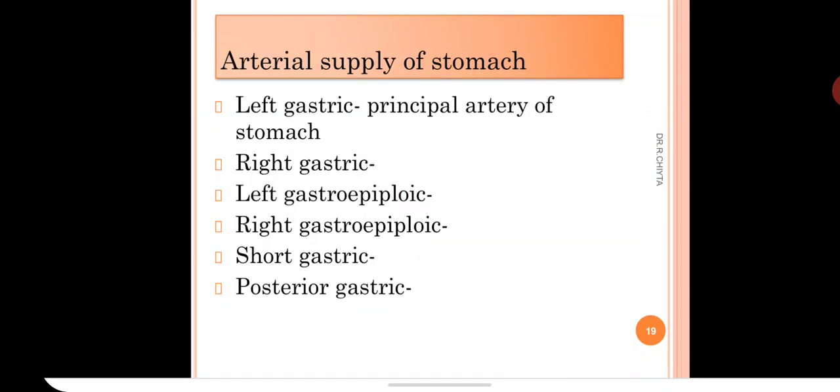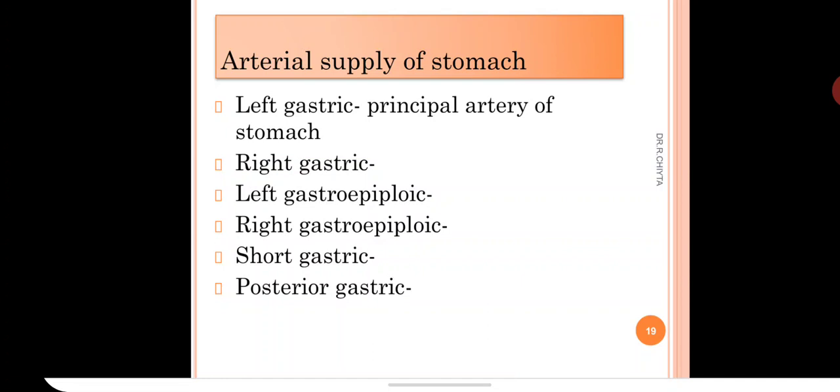So we have finished the parts of the stomach: cardiac end and pyloric end, lesser curvature and greater curvature, anterosuperior surface and postero-inferior surface. And we added a note on the gastric triangle and trough space. And also the subdivisions of the stomach we have seen. Now we will move on to the arterial supply of the stomach.